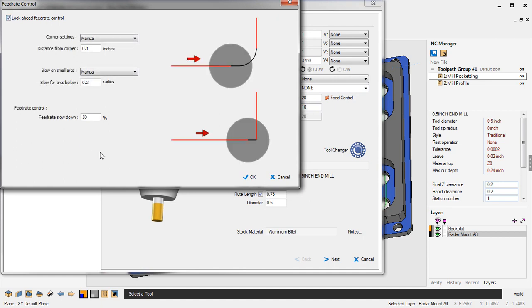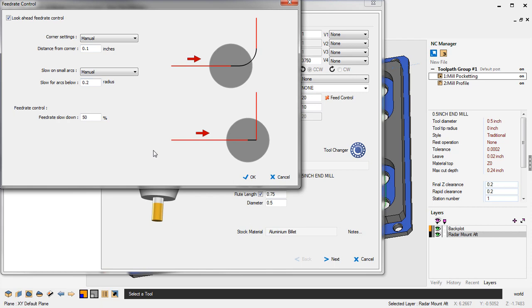Okay, let's talk about those abrupt direction changes. That has to do with these corner settings. So in the lower right hand corner here, what I've said is when the tool gets 100 thousandths before a sharp corner, that's represented by this little black line here, I want the feed rate to reduce by 50%. Okay, very nice. Now you can put in whatever values you want. You can also change this to percentage of tool if you want, but I'm going to go manual and say